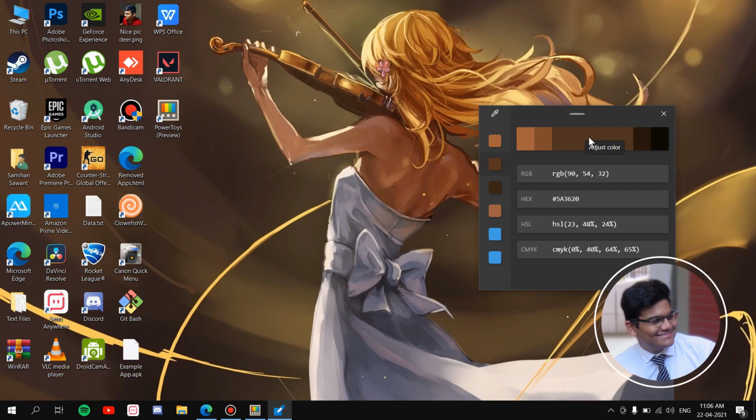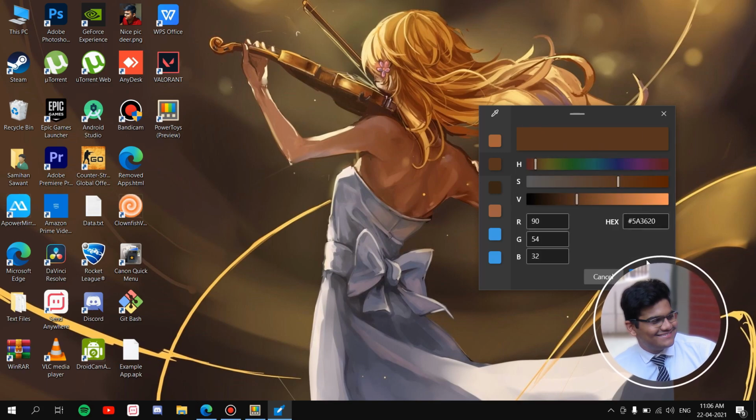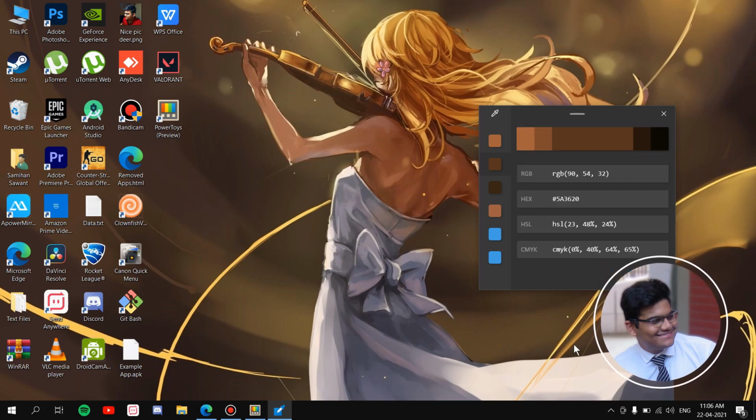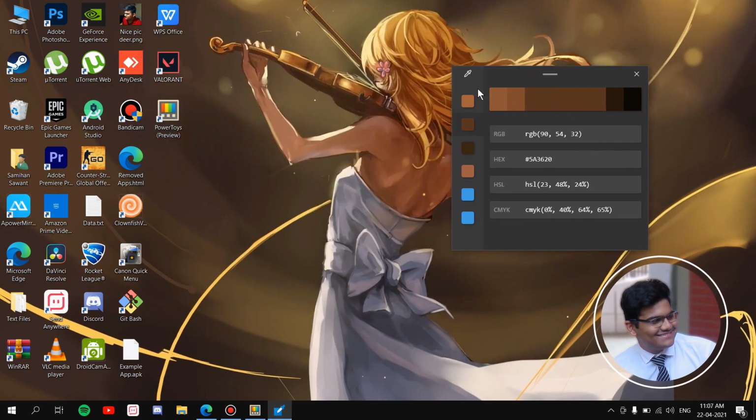What adjust color will do is, once you click on it, see, it opens up all of this, so you can go for any darker shade, lighter shade. You can just play with this stuff. See this, you can change the hue, saturation, and the lightness, and it will go on changing the hex values and the RGB values. I'll cancel it for now, and it will go back. Now this bar is to move it around, this one is the color picker, and this cross will just close this window. Here you can just click on it and copy all of these values.